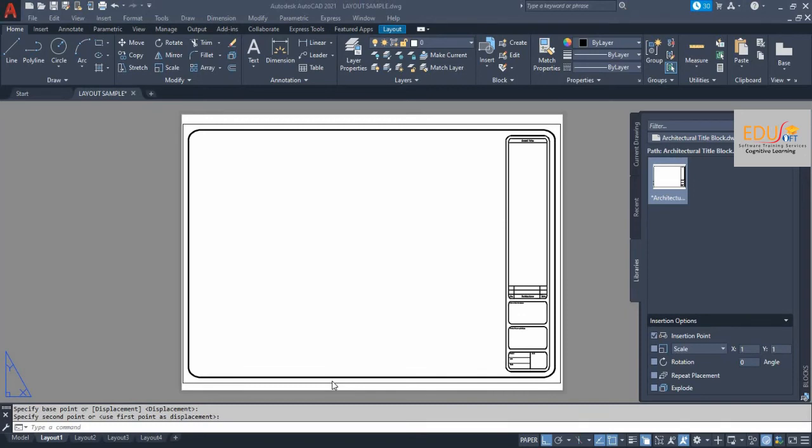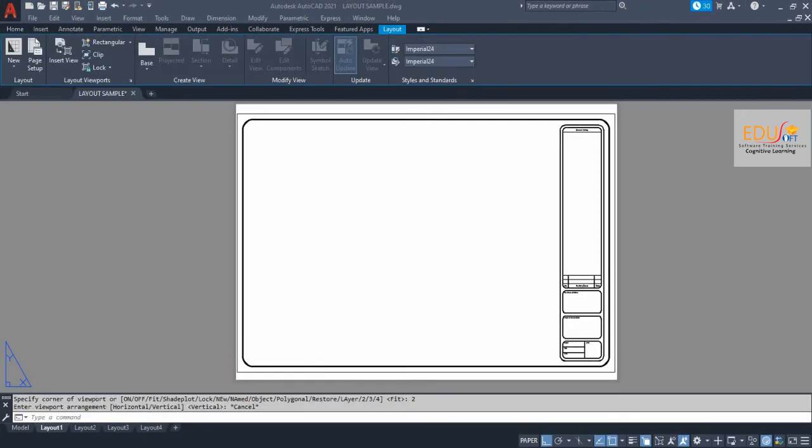Some standard title blocks are included with AutoCAD and can be found in your template folders. I have used a default template from Autodesk. Our page is ready. Now we have to display our model at different scales, views and angles within the drawing in this sheet. For that, we will go for